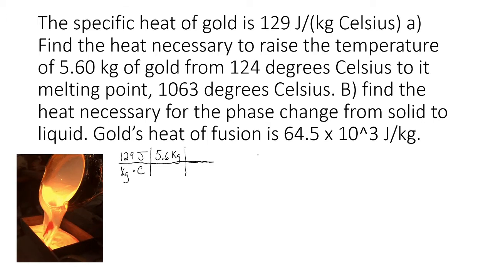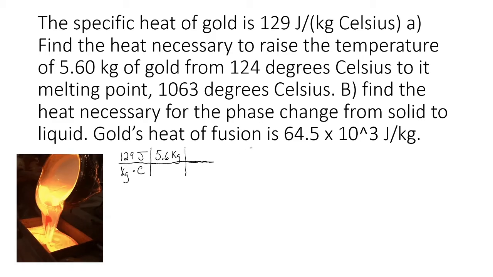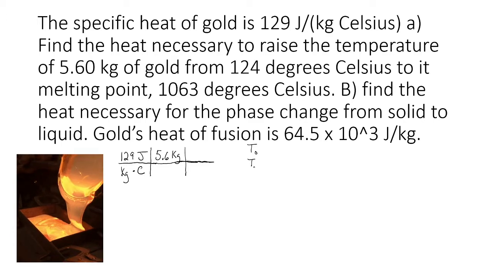Another thing that we need to know is we need to cancel out the Celsius. You can see in the unit analysis the degrees Celsius needs to go also. So in order to do that, we're going to need to find the change in temperature. I'm looking at the original temperature of 124 degrees Celsius. That's a very, very warm gold. I wouldn't want to touch that